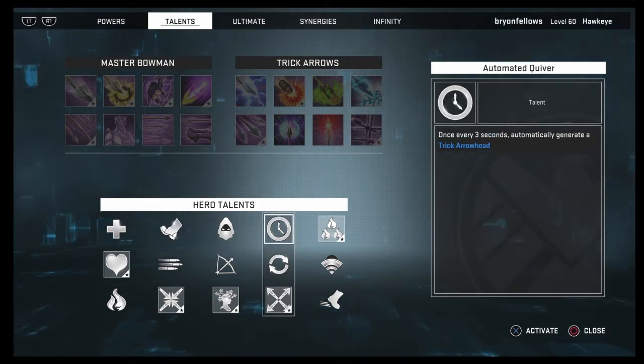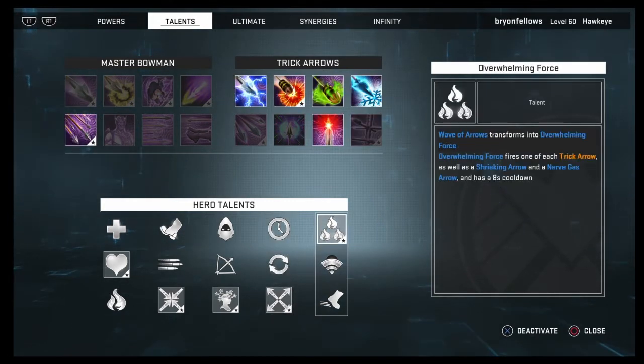Not that great. Once every 3 seconds you generate a trick arrowhead. Again, not near as nice as this. It just picks one and it does it. Didn't like it. For the last one, I chose Overwhelming Force because it turns Wave of Arrows into...